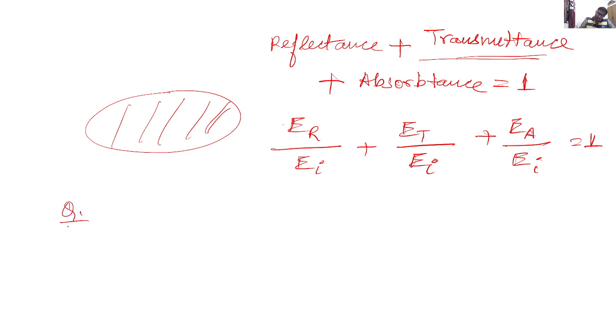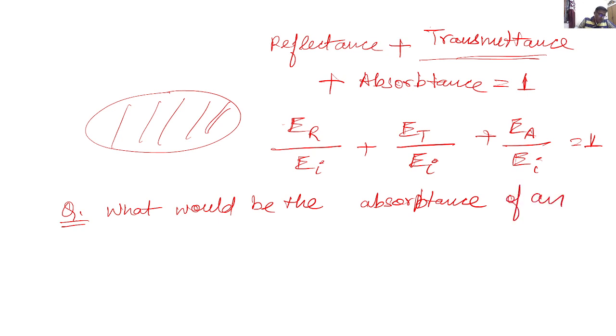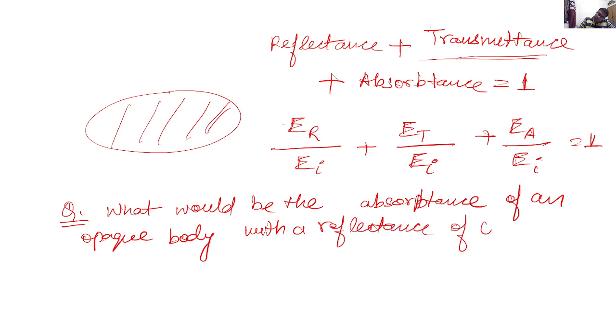So let's take a question. What would be the absorptance of an opaque body with a reflectance of 0.6? So the body is opaque, so we can straight away say that the transmittance